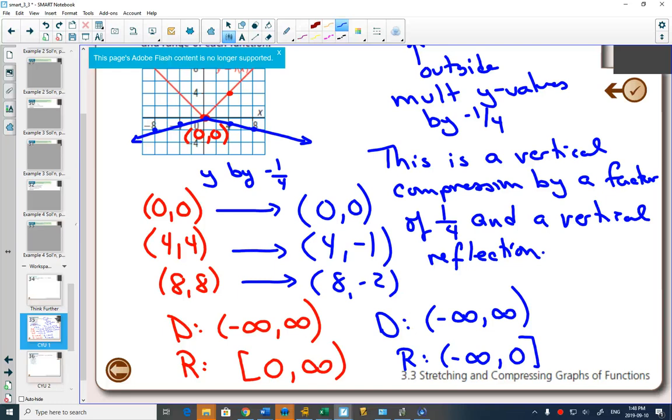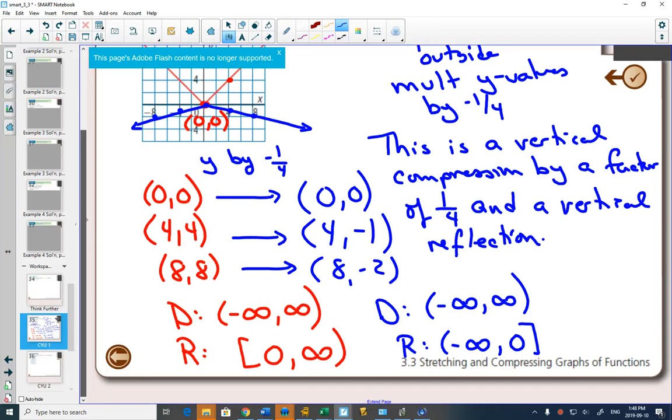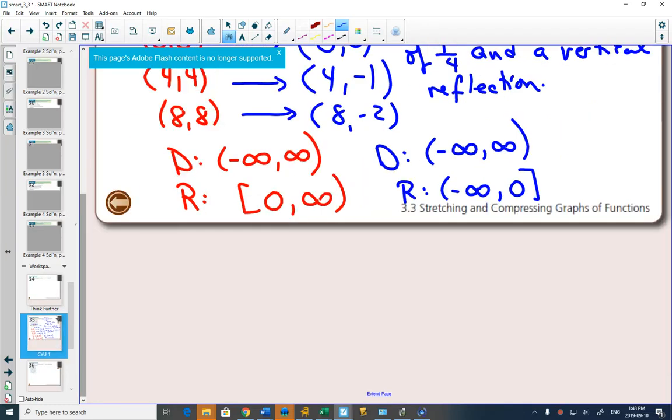This question was in function notation. It could have been a little bit more difficult